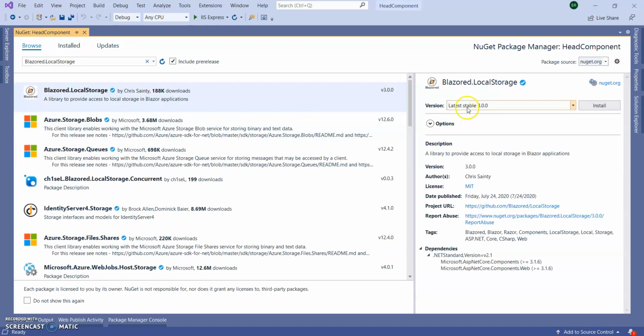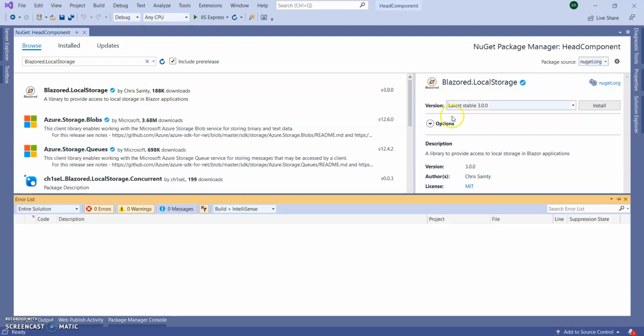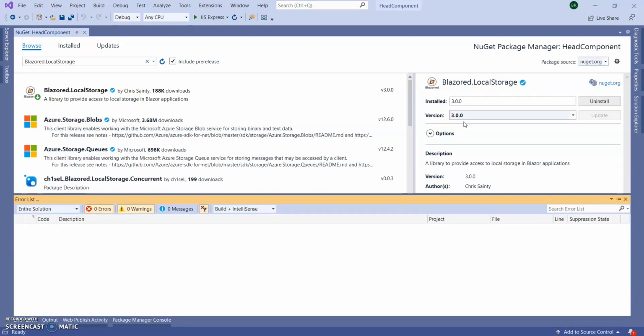Select this one, the latest stable version is 3.0, and install it. Guys, whenever you want to install any NuGet package for a working purpose, please use the stable version. A preview version may sometimes give errors. Okay, it got installed successfully.